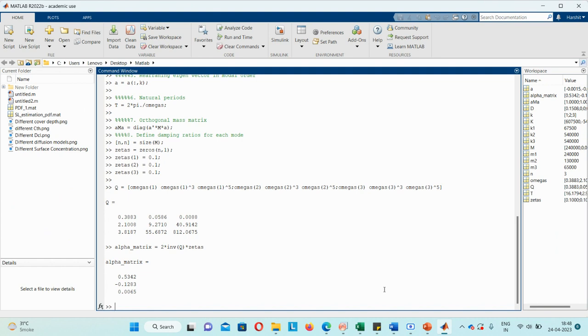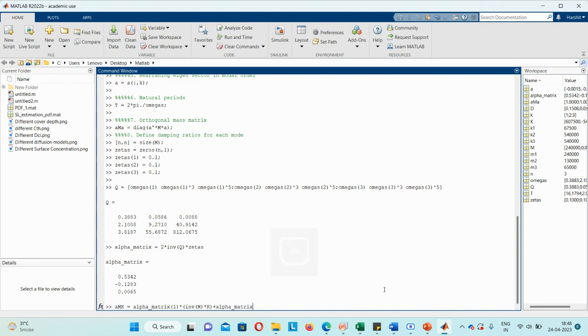So let's say the inner term is AMK. It is nothing but alpha matrix 1 times inverse of M into K, plus